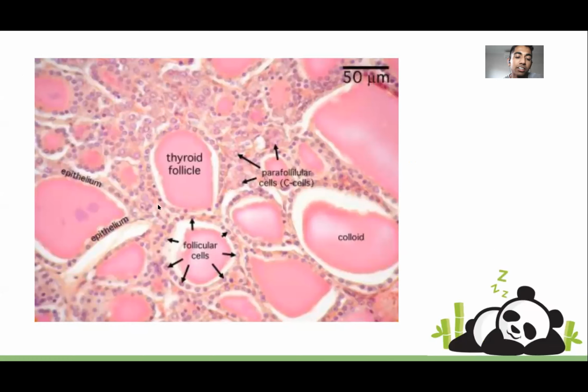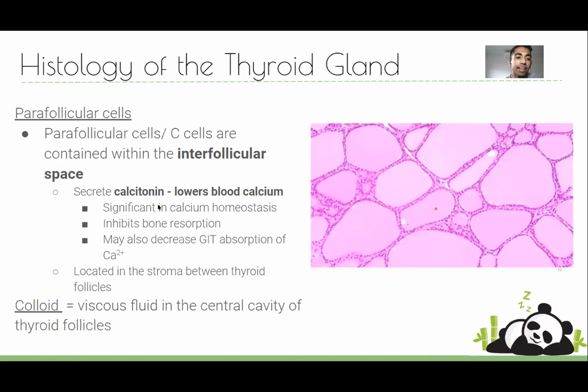So you've got your parafollicular cells, which are also known as C cells. They secrete calcitonin, which isn't actually relevant to your thyroid hormones, but is more relevant to calcium. Kevin will talk about calcium later on, but your main calcium hormone is PTH, which increases your blood calcium. Calcitonin opposes that and lowers your blood calcium. It does that through a few mechanisms, but mainly by inhibiting bone resorption and maybe also GIT